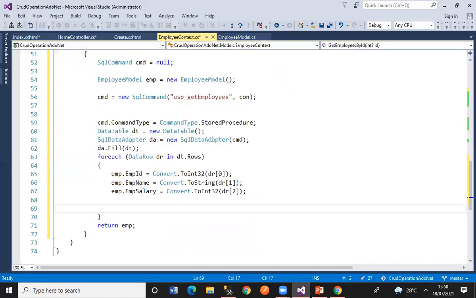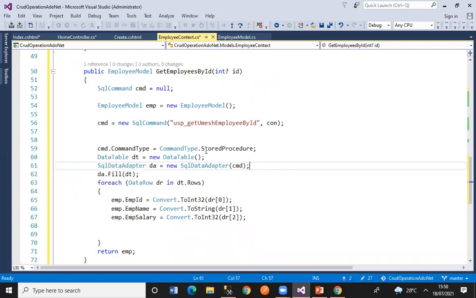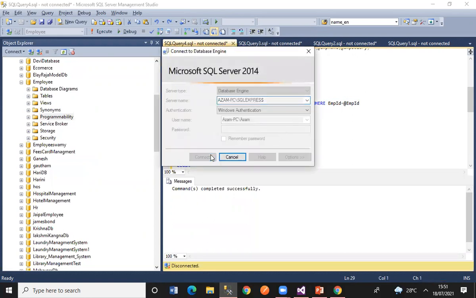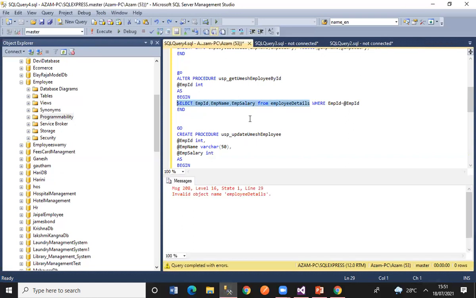Let me copy this and paste it here. This stored procedure takes one parameter, EmpID, and based on that EmpID we select the EmpID, EmpName, EmpSalary from this table. After selecting from this table, obviously we are going to get some data.